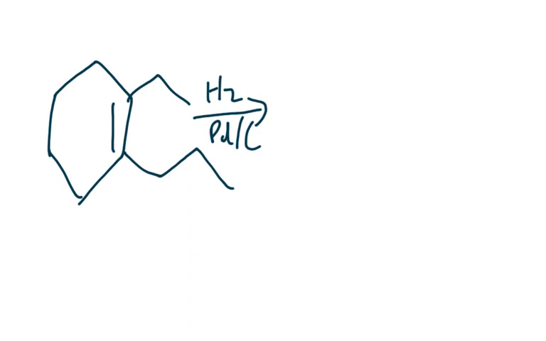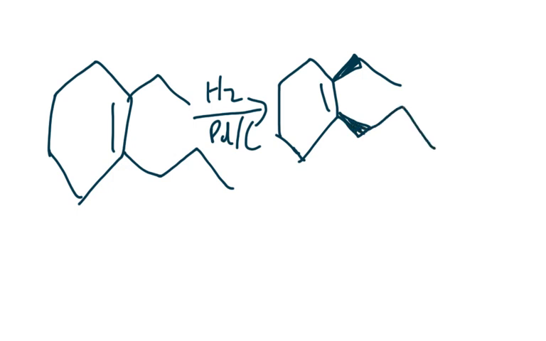So one possible product will be like this, and the ethyl substituent will be like this, and so will the propyl substituent, and we'll see why in just a second. And then the hydrogens will be on a dash,